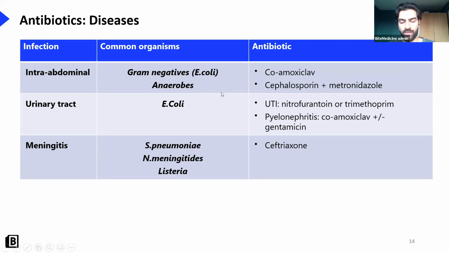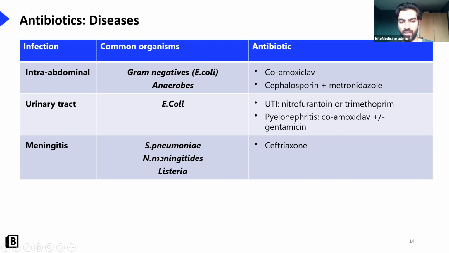And yeah, as I said, typically co-amoxiclav or cephalosporin plus metronidazole, because we need to cover both gram-negative bacteria and anaerobic bacteria. Urinary tract, we're going to go into in a lot more detail later, but the most common organism by far is E. coli. And if we're dealing with a UTI, nitrofurantoin or trimethoprim are the common agents that we use. And meningitis